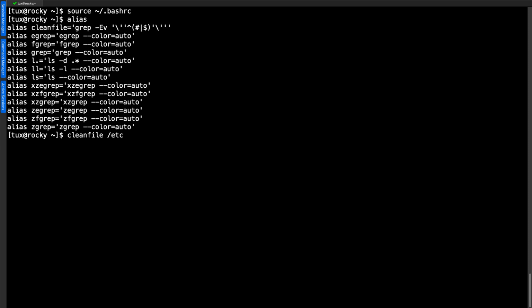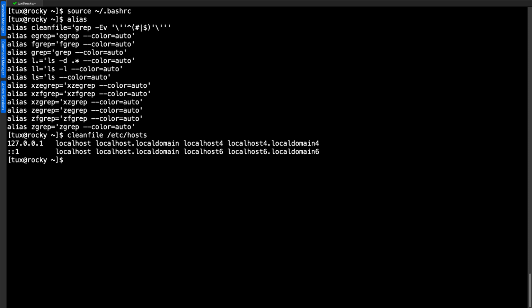And then I can go through and start using it against, let's say, the /etc/hosts file. We can use it against other files as well if we want. So we can go through and take a look at systemd and our journald.conf. And we'll be displaying just the lines that are effective, removing or filtering out commented and empty lines.